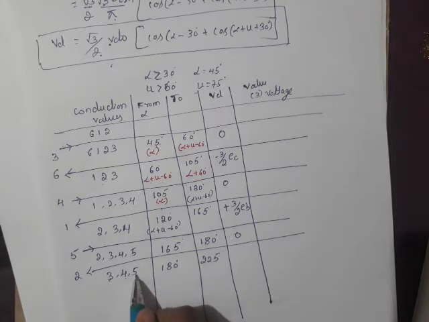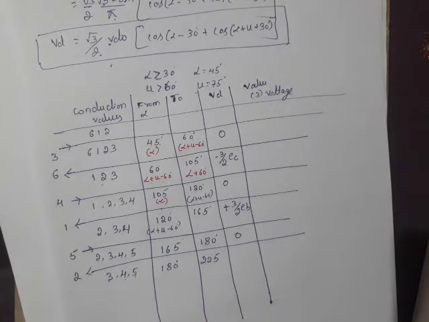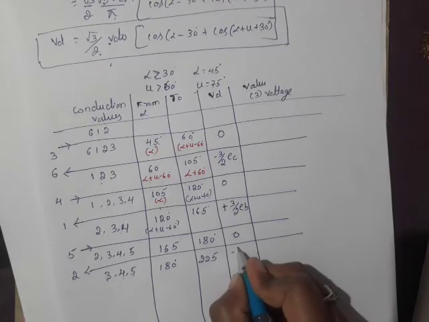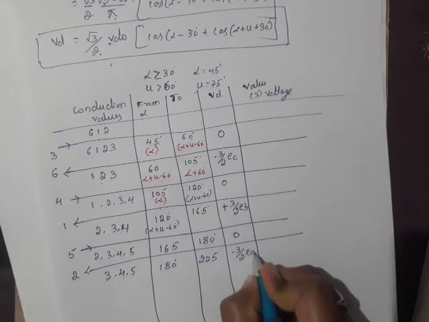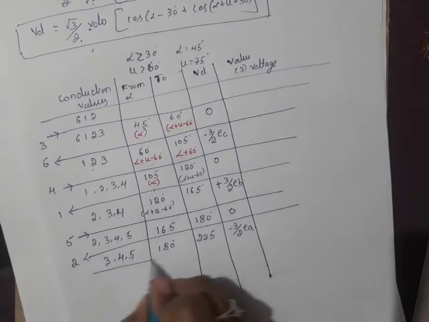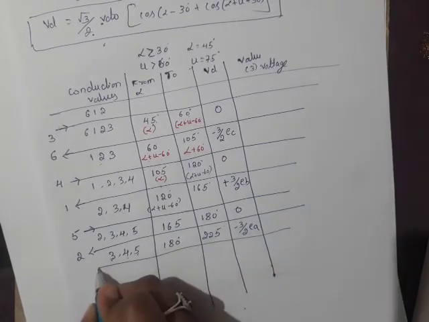So the upper voltage is EB minus EA by 2. The lower voltage, 4 is conducting, means EA. EA minus of minus EA by 2, that is 3 by 2 times of EA. Just calculate yourself, you know how to do that. If you have confusion, tell me, I'll do it again.